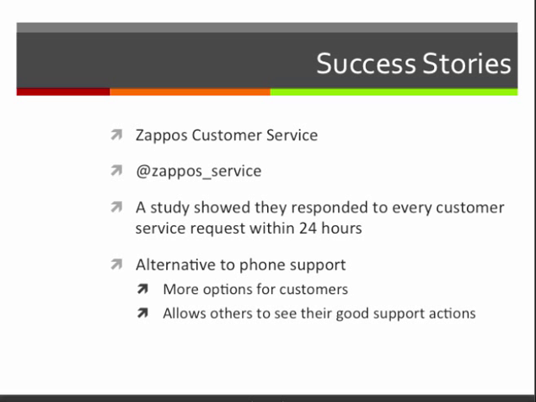So people who have studied using social media for customer service have shown that Zappos does a good job. If you do a search on Twitter for this account, Zappos service, you'll see the kind of questions that people are asking. It's worth thinking about why you think people might go to social media with these requests rather than calling. One example is that your complaint becomes a little bit more public. So it's not just you calling some uninterested person on another line, you're telling all of your friends that you're having a problem with Zappos. And for Zappos, they really treat this as an opportunity for you to follow up with your friends saying how great the experience was and that Zappos helped you solve your problem.